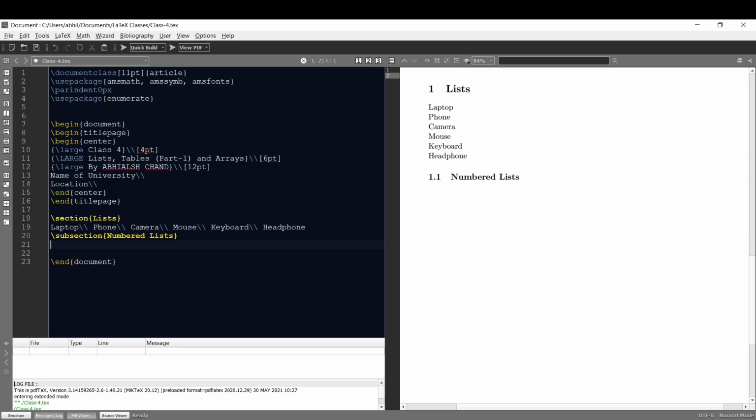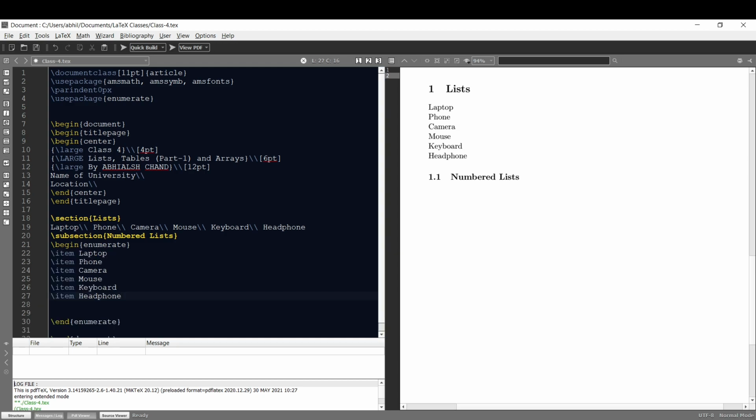I will create a numbered list by typing our list items between begin enumerate and end enumerate, that is, in the enumerate environment. So in this enumerate environment, we will type our list items. So let me create a numbered list of the above items by typing \item laptop, \item phone, \item camera and so on.